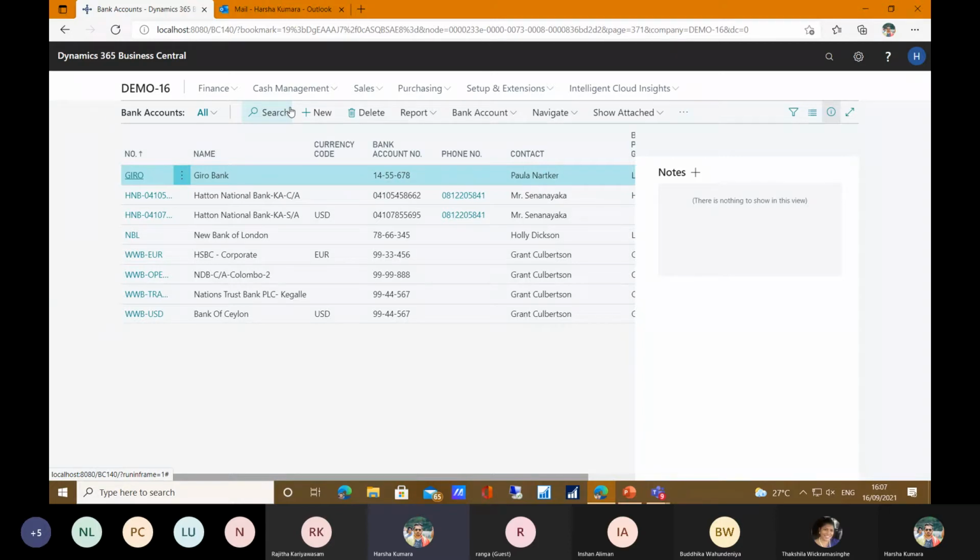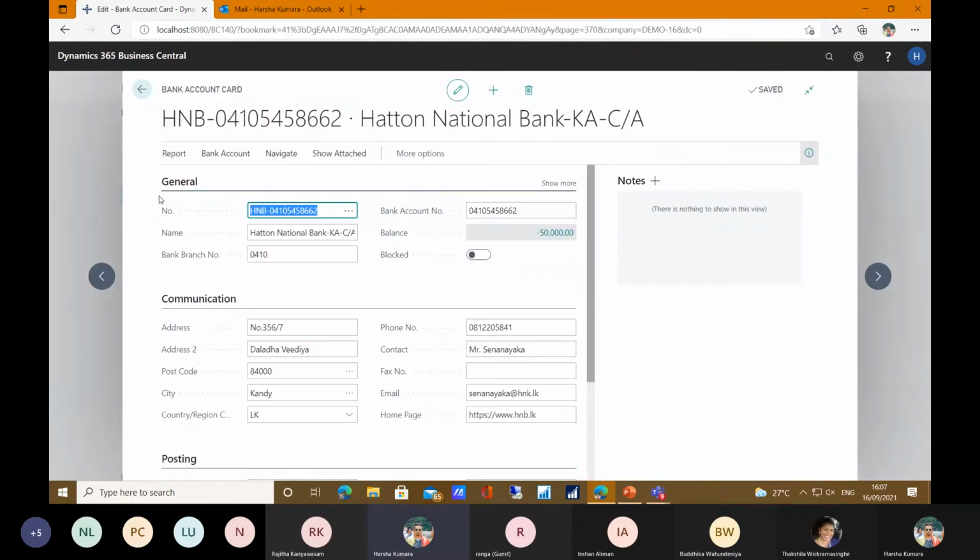Today I will show you how the bank account card works in Business Central for two different currencies, and then you can identify what requirements we have to fill out in the bank account card. Basically, the bank account card requires some information before you enter a transaction.